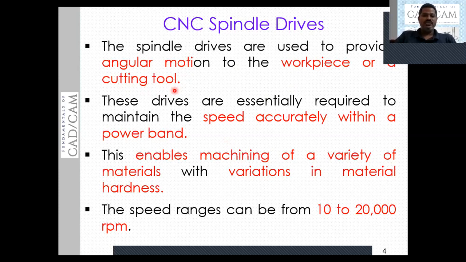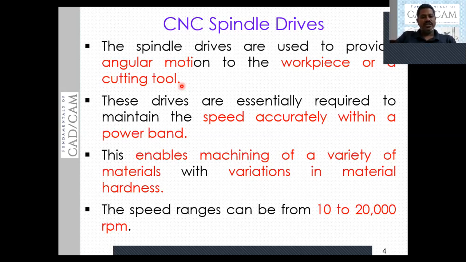Vice versa, if it is a drilling machine, the tool is going to rotate and the workpiece is stationary. So in the case of drilling, the one thing that needs to be varied is the speed of the cutting tool, with respect to the type of material.